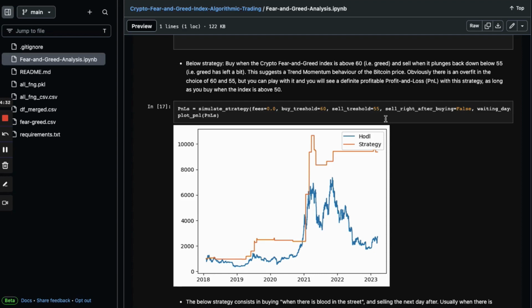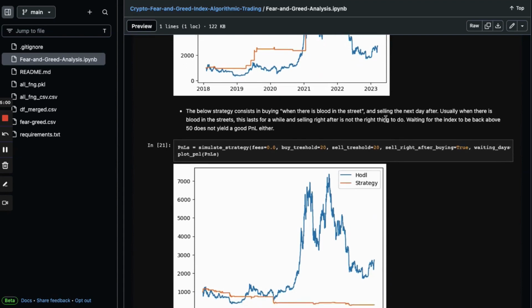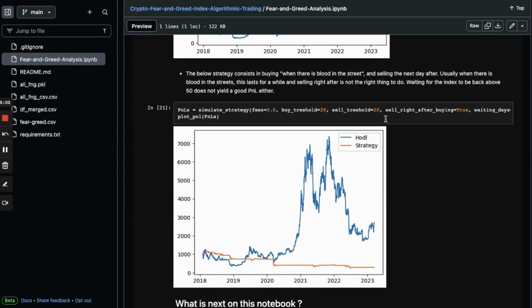Obviously this assumes a zero fee, which is doable though with many exchanges. Nowadays we have Binance Exchange, which offers 0 fees for the Bitcoin pairs. So if you buy Bitcoin with Euro or USD or USDT or Binance BUSD, etc., then you'll have 0 fees. So this is doable.